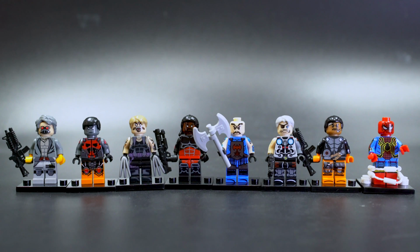This is set number PG8081 containing figures PG298 all the way to 305. So most of these characters here are from Cable and X-Force. Starting from the left we have Dr. Nemesis, we have Colossus in his X-Force suit, Sabretooth as Weapon X, we have Bishop, don't know who that is,